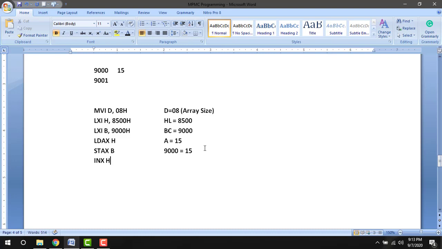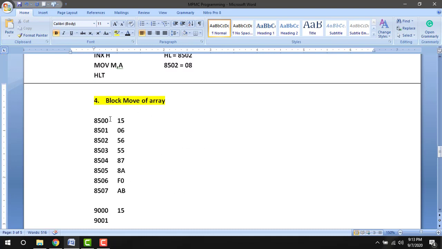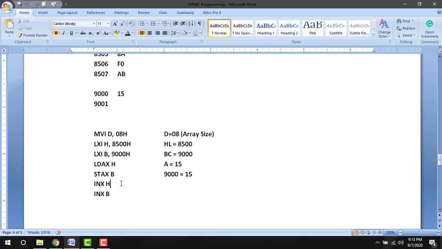INX H, then INX B. The first data we already moved, so to move the next data the pointer is incremented. The HL pair now becomes 8501 to move the second data, and to store the second data to 9001 the BC pair is 9001.